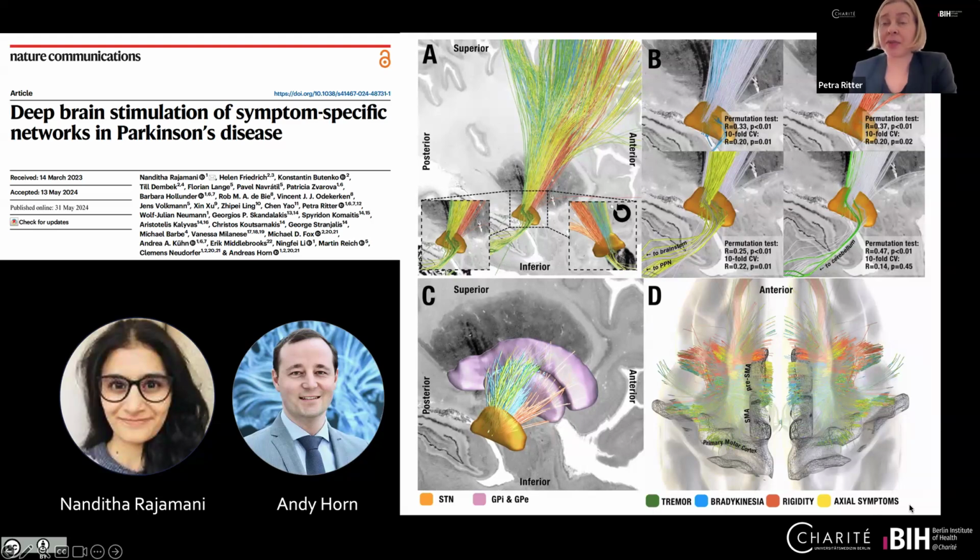Depending on the dominance of one or several of these symptoms, different fibers and locations need to be stimulated via deep brain stimulation in the patient. And this has been retrospectively validated, and there's also already included in this publication a small prospective pilot trial. This was a study from 2024, and more work has been done since then.